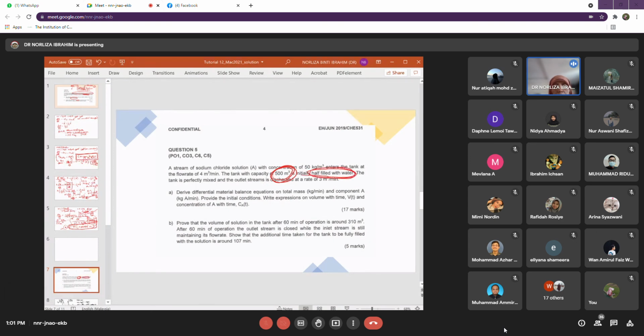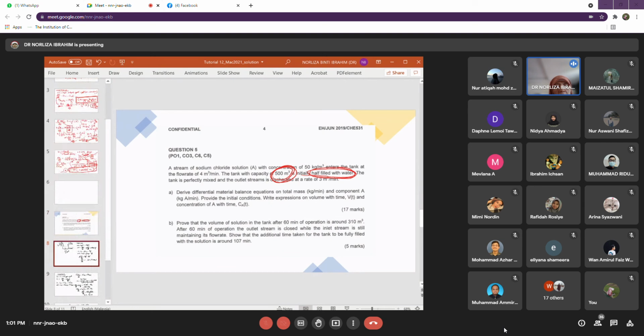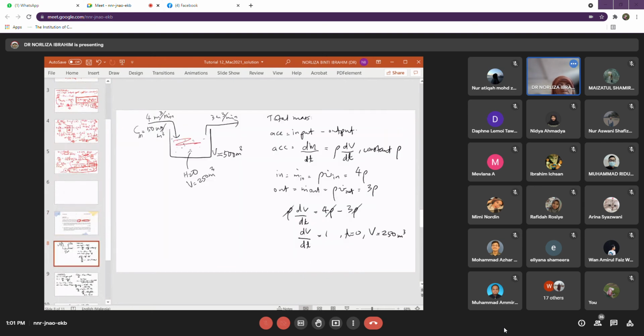Okay, so if it is 500, then in the tank you already have a volume of 250 meter cube. So basically this is the drawing. Your inlet is 4 meter cube per minute, your outlet is 3 meter cube per minute, your sodium is 50